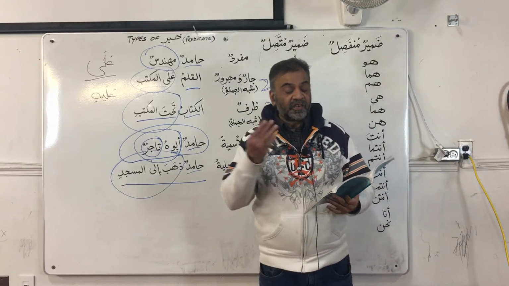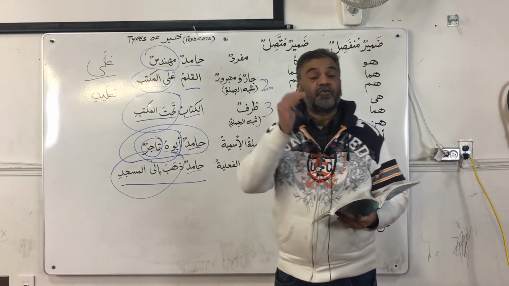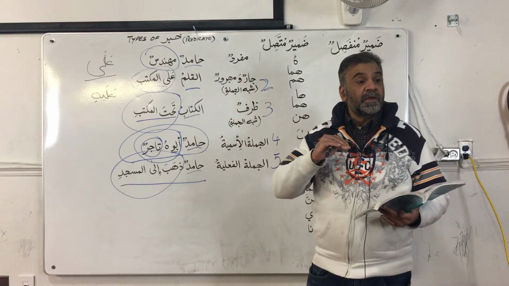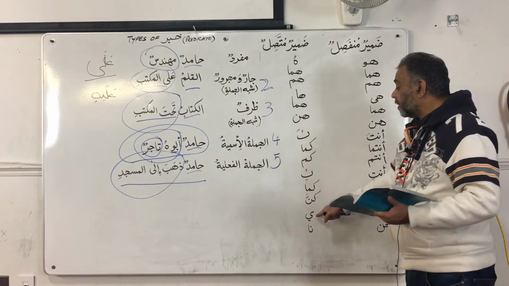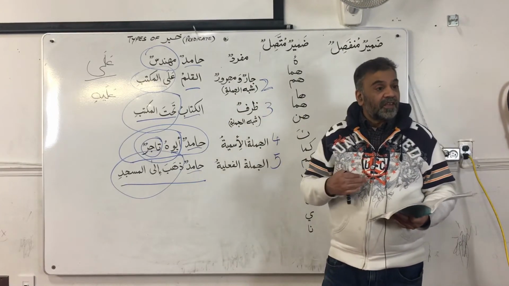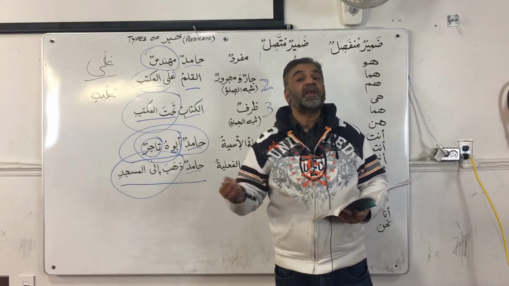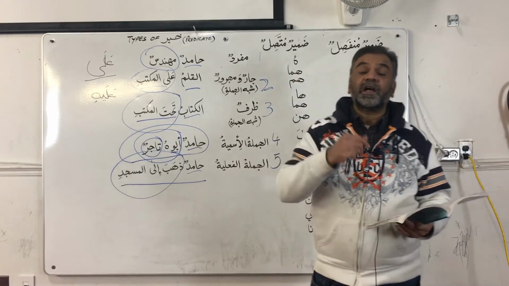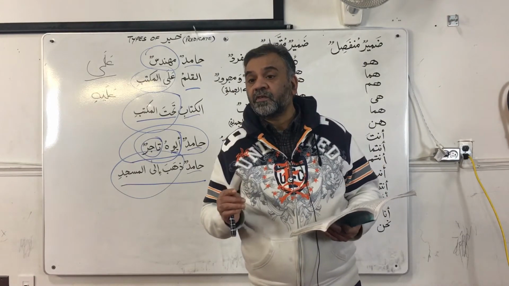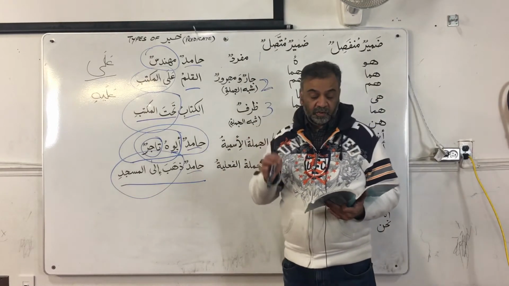Here the question is masmuka, what is your name? And then you have to answer it, and if you want to say my name, then what would you do? Ismi, my name. And for example, if your name is Yasir or Khalid or Hamid, then you would add that into it and you say Ismi Yasirun, Ismi Khalidun, Ismi Hamidun, whatever your name is. Masmuka, what is your name? Ismi Yasirun.